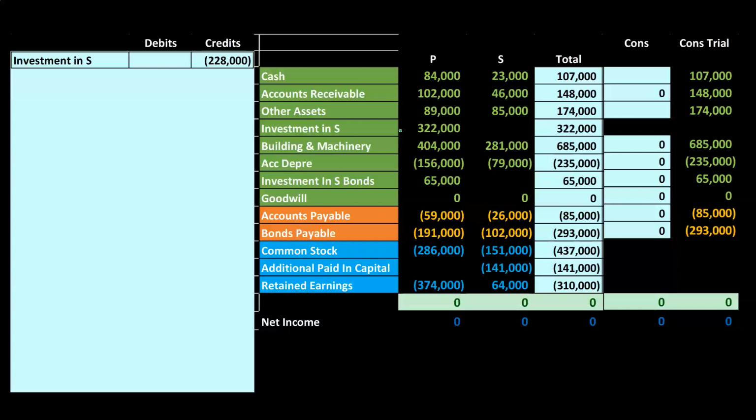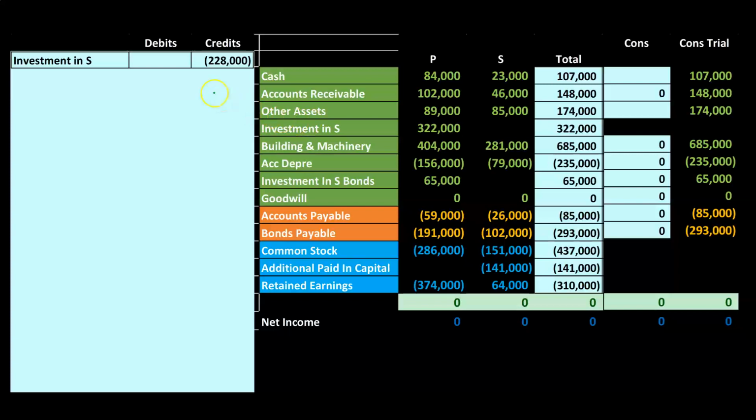Now, once again, you may want to think about this as one long journal entry. I'm going to do this in a piece-by-piece method again, so that we can break out these long journal entries into component parts. I think in practice, oftentimes, it's actually easier just to do one long journal entry, but the component parts can be useful too. So I'm going to break it up a bit.